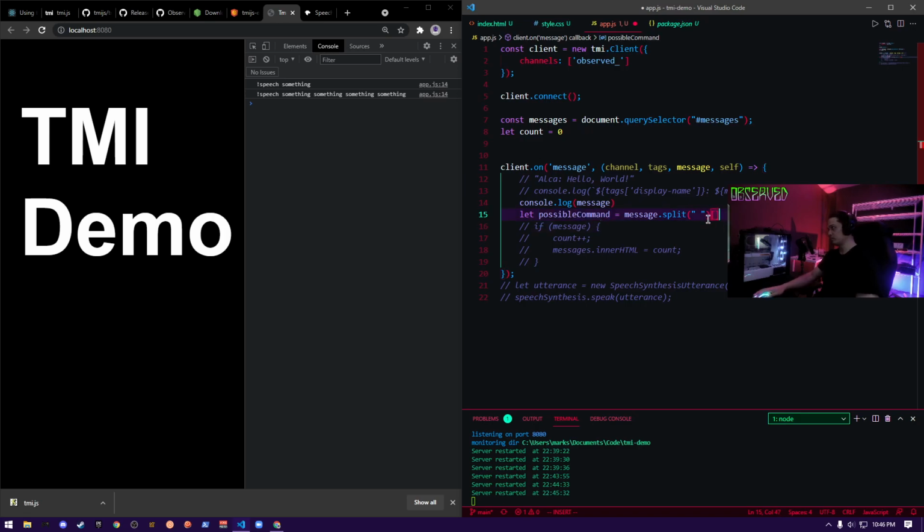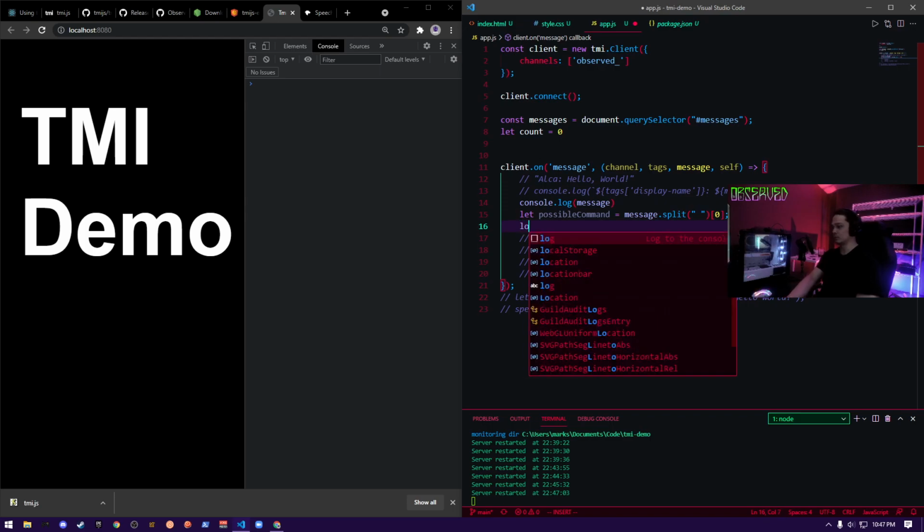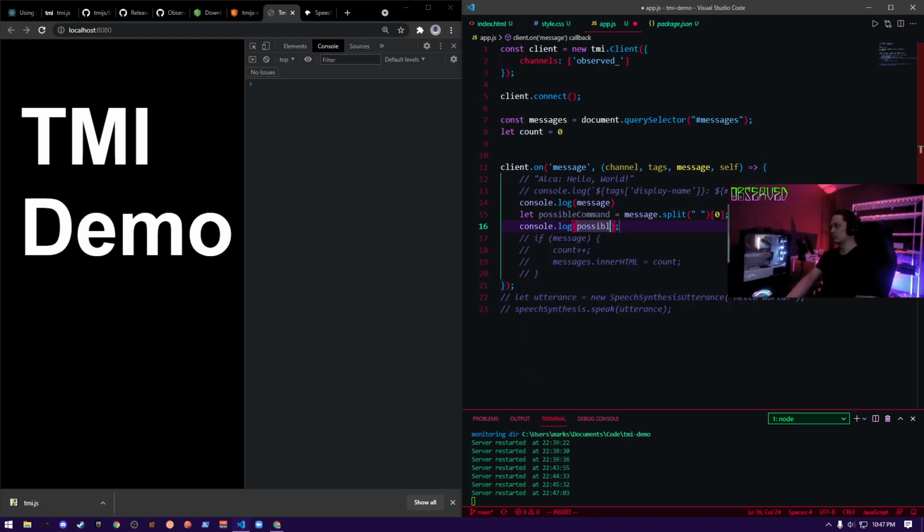Right? And then we're getting the first word when we split. And I'm going to log this out. So here's the possible command.